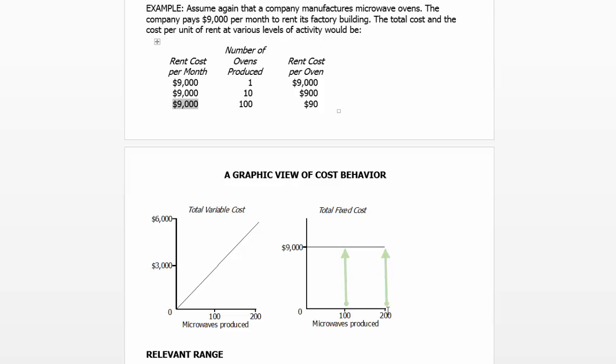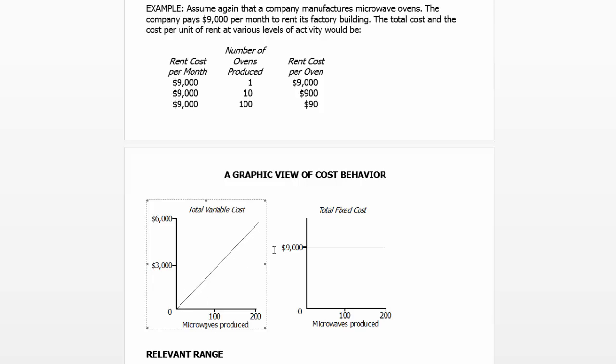If we are talking about the timing mechanism, if we make no ovens, we need no timers, so it goes through the vertex, and then the cost goes up. The more ovens, 100 ovens will spend $3,000, 200 ovens will spend $6,000. So if you go up and plot that, go up and across and plot that right there, then you have that line, so you'll know that this is your variable cost,